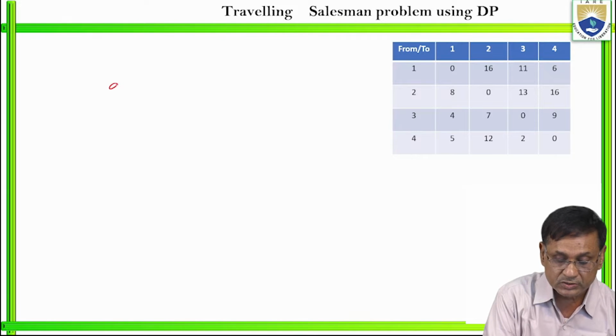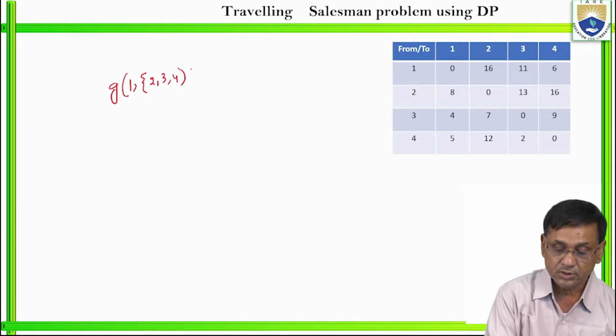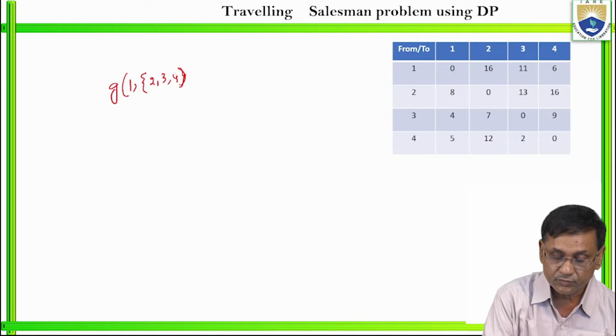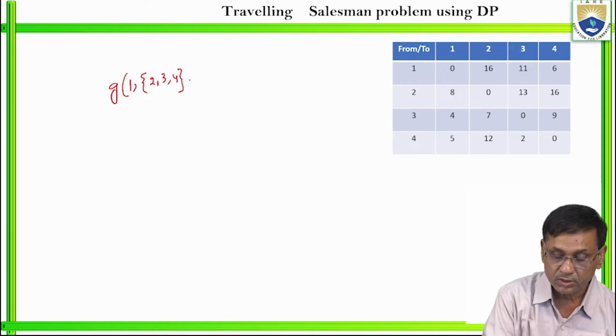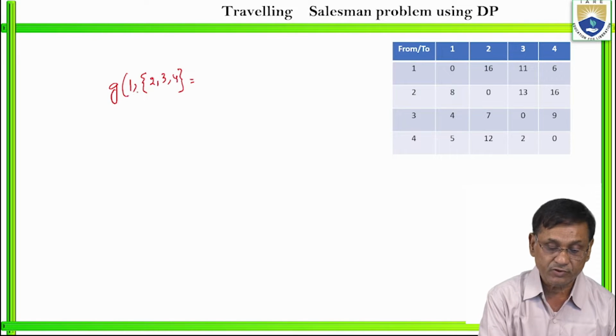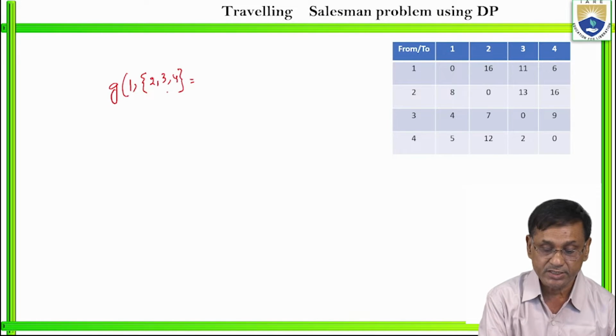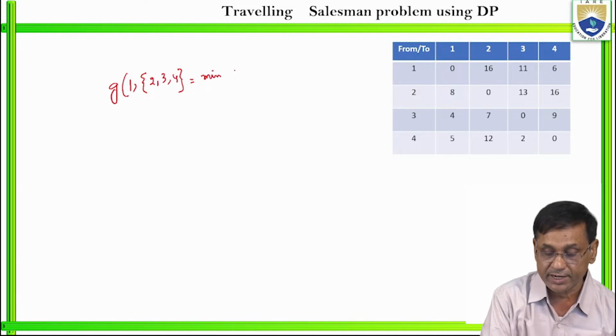So, the cost of going from city 1 to the set of cities 2, 3, 4 is equal to the minimum of, you can write